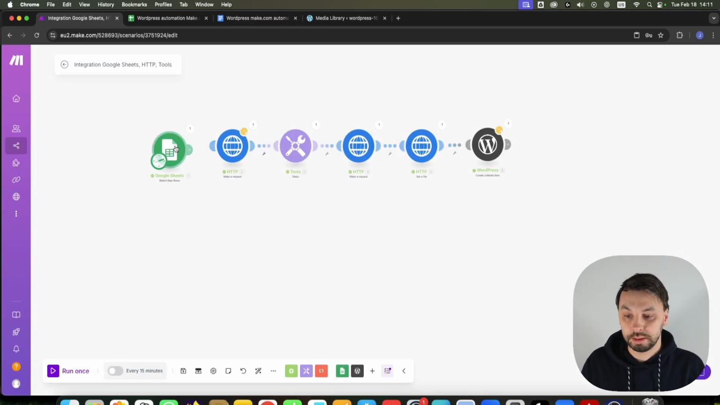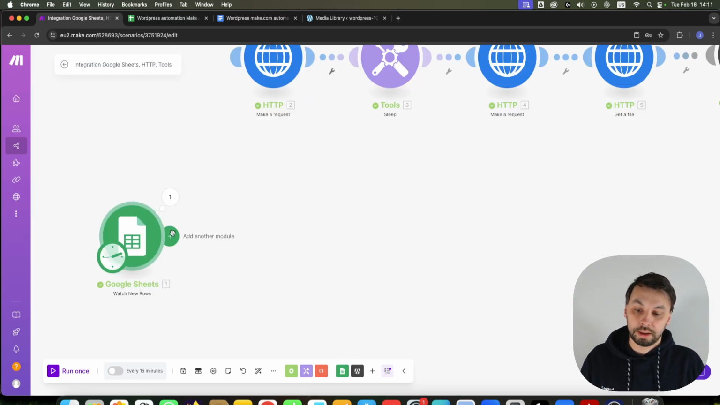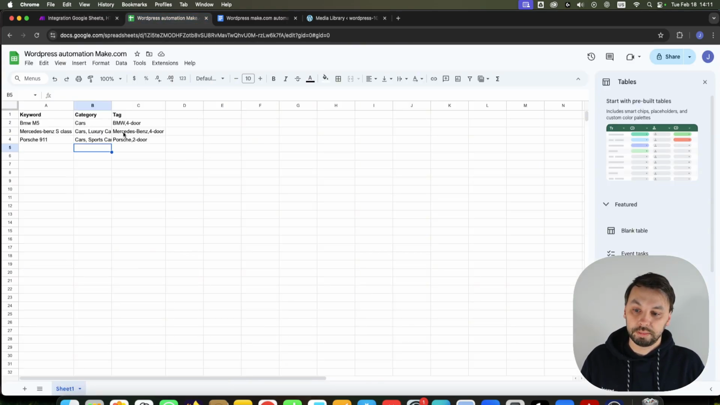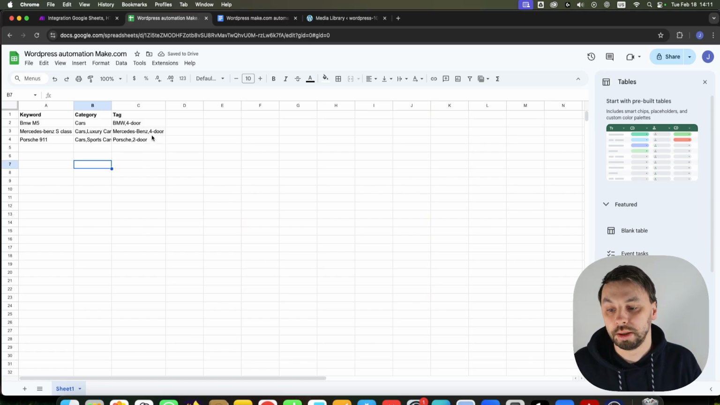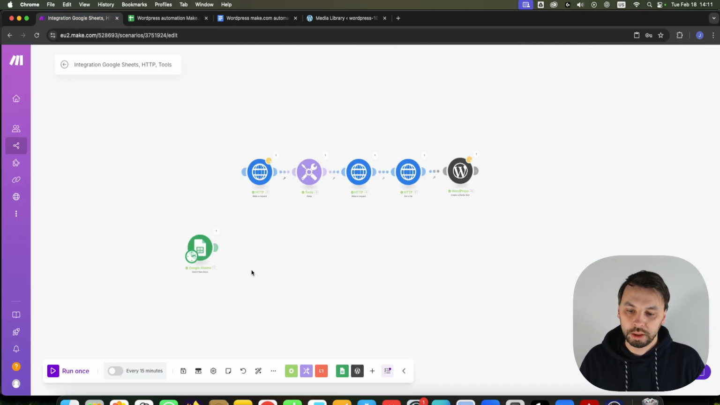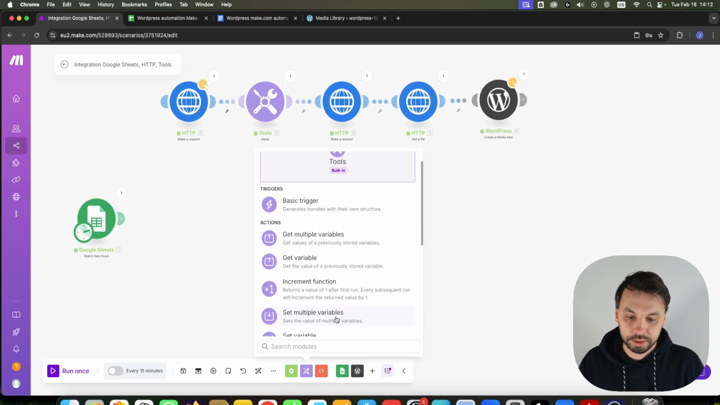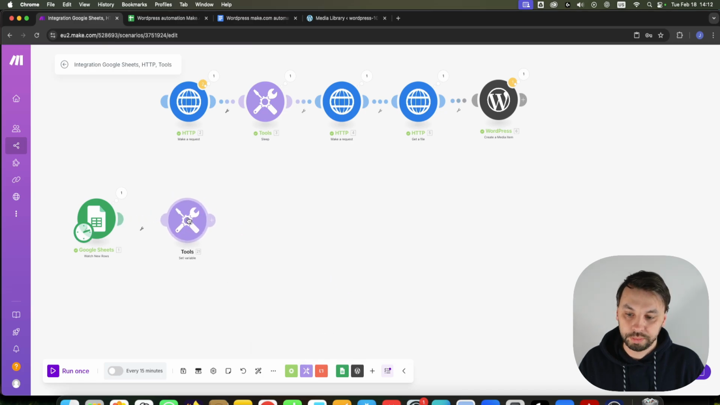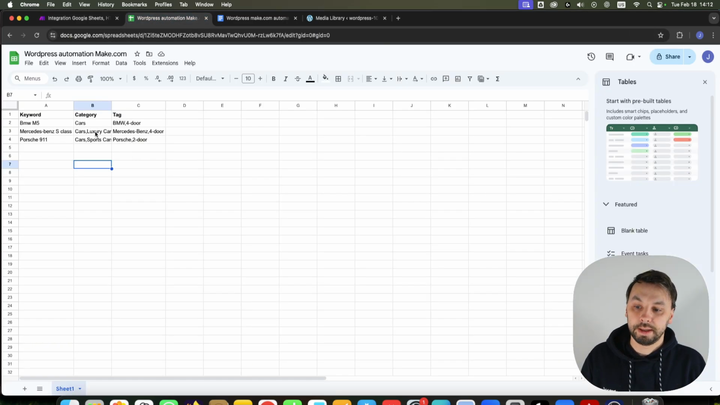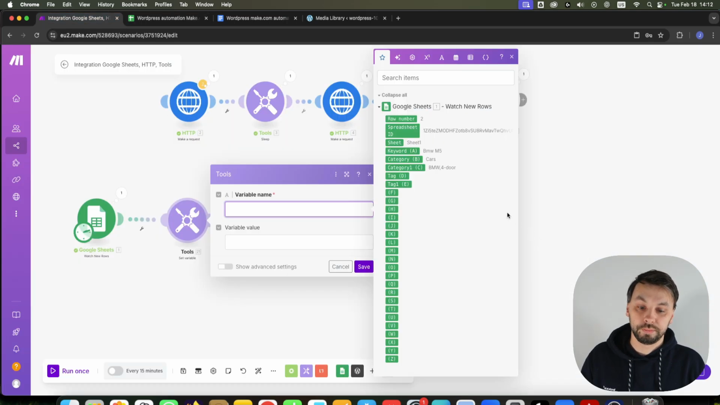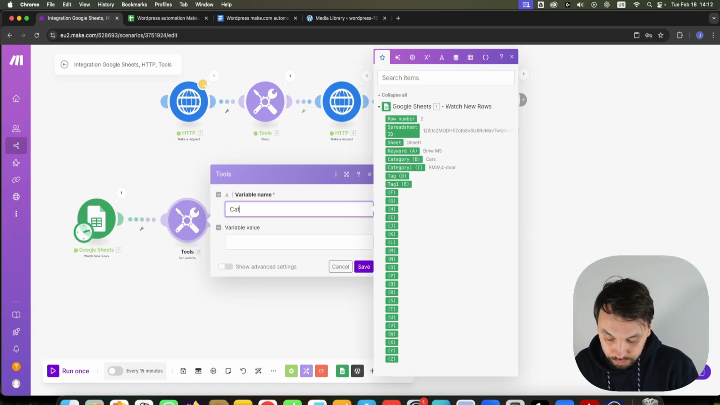I'm gonna unlink this, and as you can see, I have multiple categories. They are comma separated, and I also have the tags comma separated. So let's start with the categories. The first thing, we're gonna set a variable that's gonna split our categories, if there are multiple, into separate fields. So the variable name is gonna be categories,